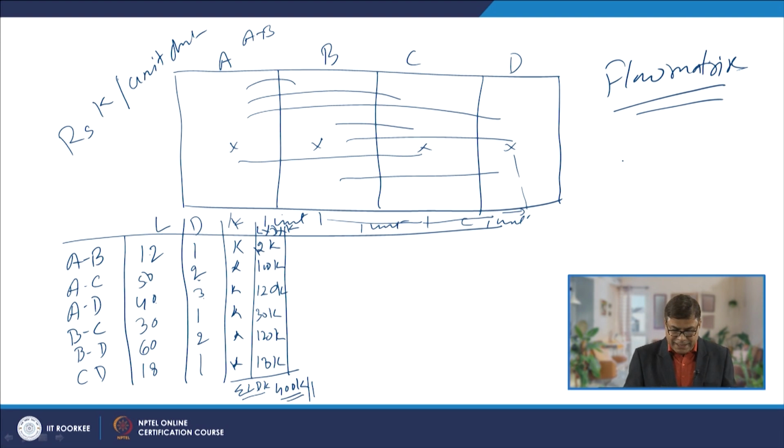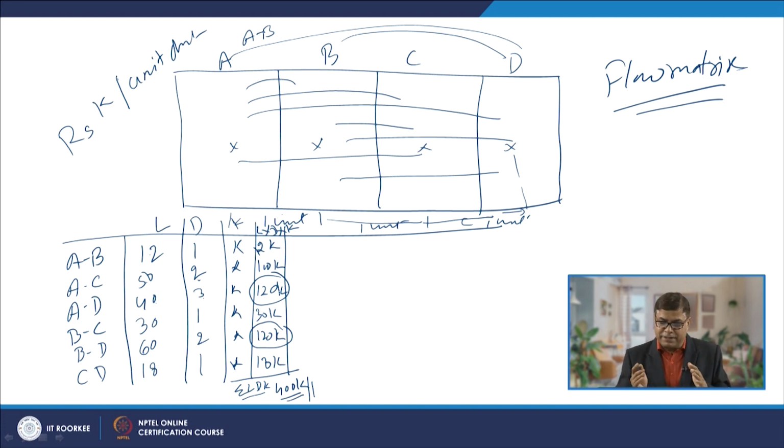So, if we see this data, for centers A and D the cost is 120 K, and for centers B and D, these are also non-adjacent. Centers B and D and A and D are non-adjacent centers causing very high cost, 120 K each. So, now efforts can be made. We will identify those centers which are causing higher cost first, and efforts are made to bring them closer, so that the cost on account of the movement can be reduced.